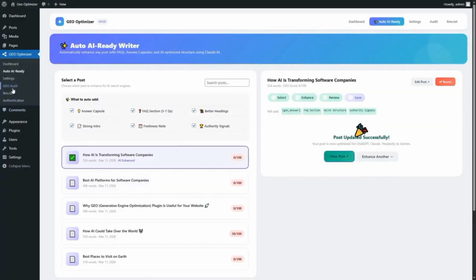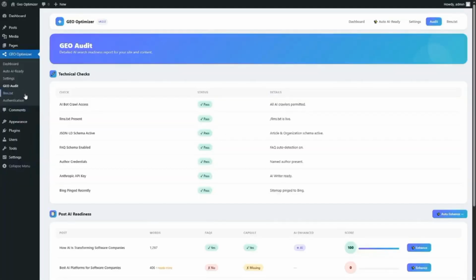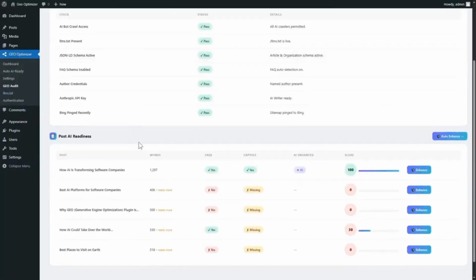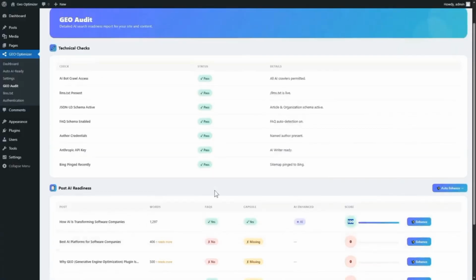And now we have an option called Geo Audit. So here you will get some technical checks you can manage. As you can see, our post AI readiness, this is the post we have enhanced, and it will get the mark like AI enhanced, and it will give you the score 100%. So basically you can also enhance all your posts and get a score of 100%, and it will be visible to your AI